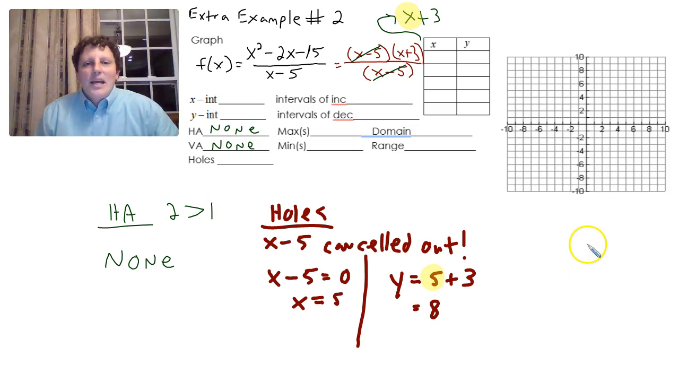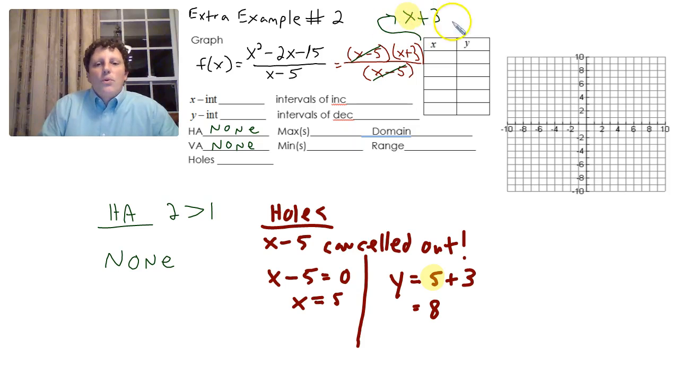In this extra example number 2, this time x minus 5 canceled out. So yay, something canceled out. That means that I have a hole. In the original function, if I used 5 for x, 5 minus 5 is 0, I would have a problem. In my final form, I don't have that problem. It's still an issue, so we set it equal to 0, and I get x equals 5, and I plug